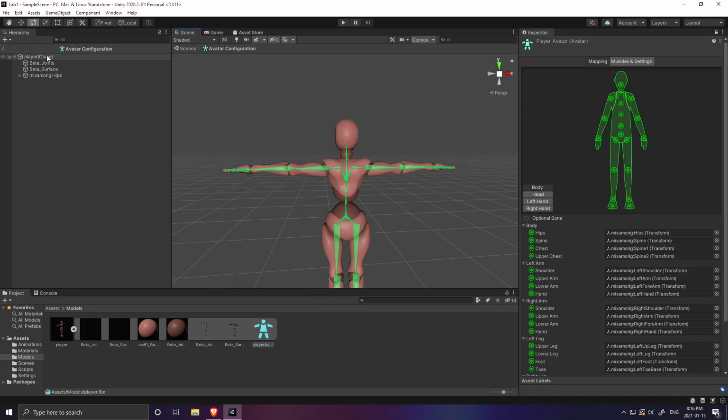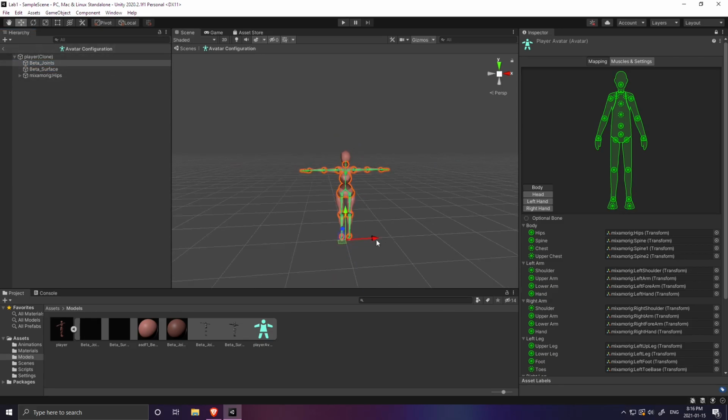Okay, and let's look in here. So we have our player clone. This is a game object, and we have beta joints. So this is that geometry that we saw earlier, the joint geometry and the surface. You can also think of these two objects as the skin. And now I can't really move the skin. So let's say I want to transform it here. I can't move the joints, and I can't move the surface because